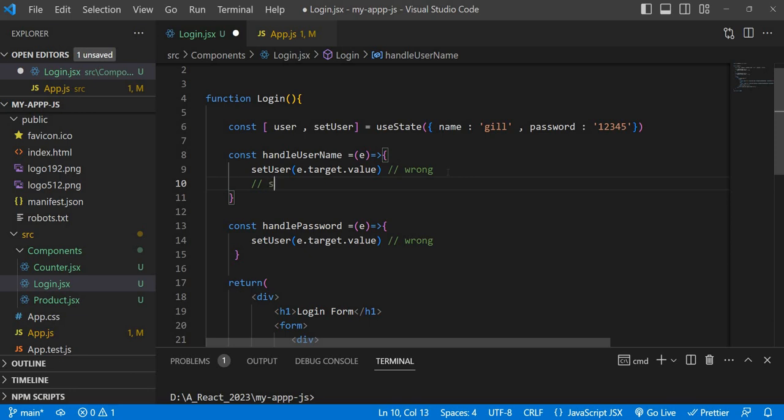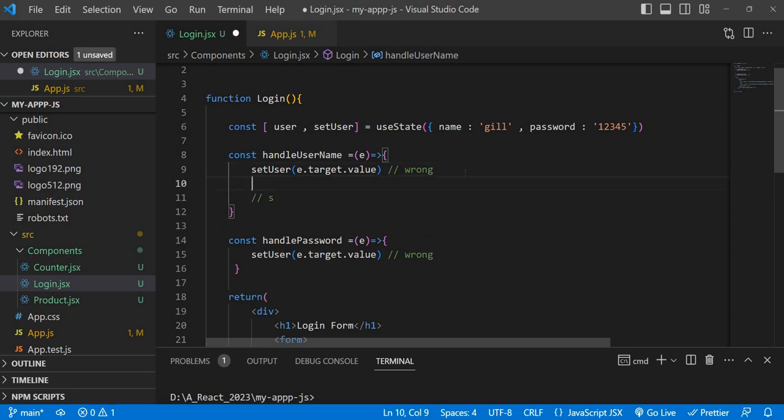Suppose I enter a name, that is the value, right? And you are saying that we need to update it to the user. Okay, observe carefully. User is an object. Name has some value